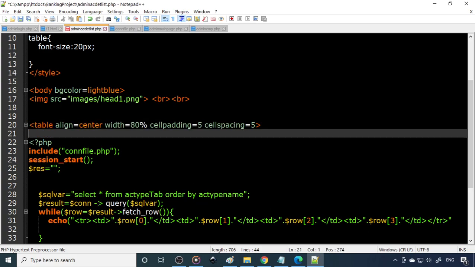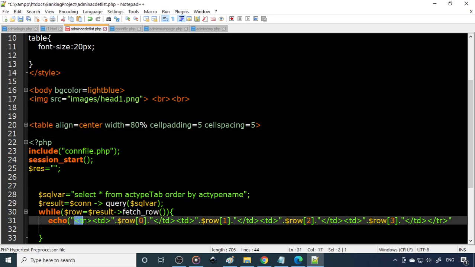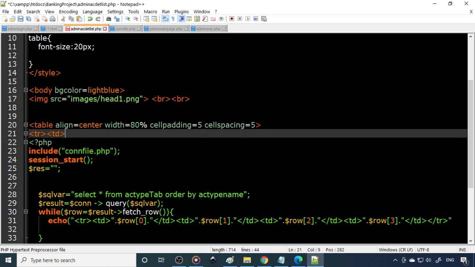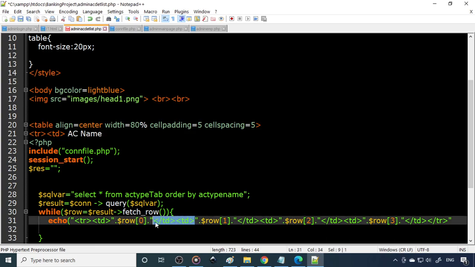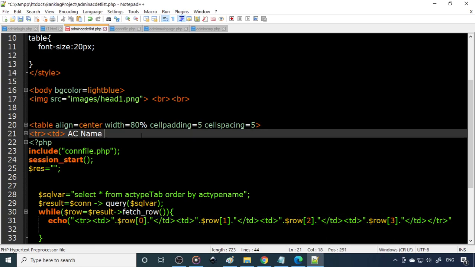The next one is the heading. These are the values, but you want the heading. If you want a heading, I just copy this. What is the first column? This is the account name, then details, next facilities, next one minimum balance.